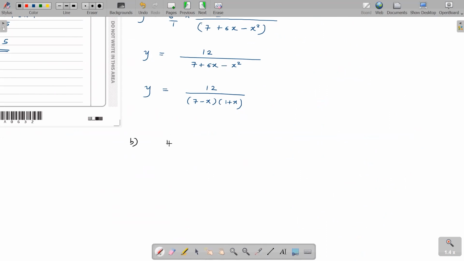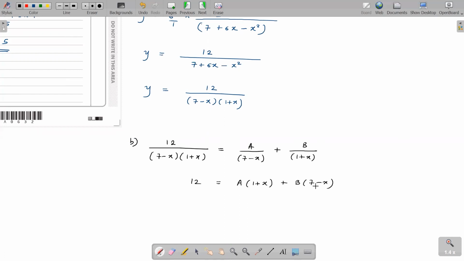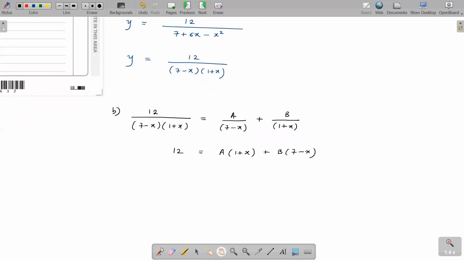12 over (7 minus x)(1 plus x) is equal to a over 7 minus x plus b over 1 plus x. Is that okay? Let's get the a and b values. 12 equals a times (1 plus x) plus b times (7 minus x). Okay? Then when x equals minus 1,